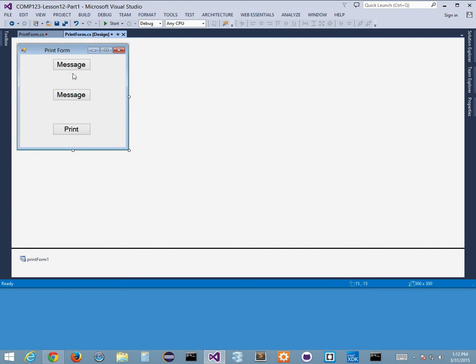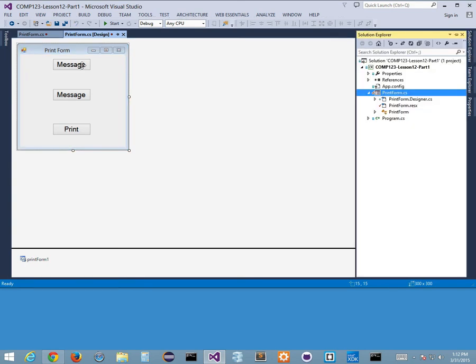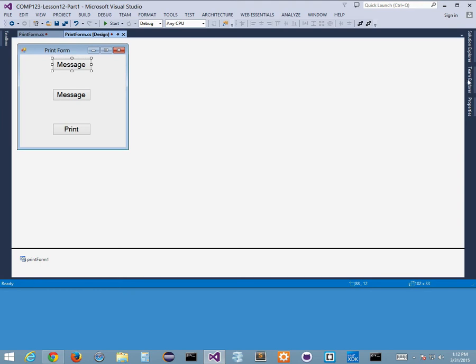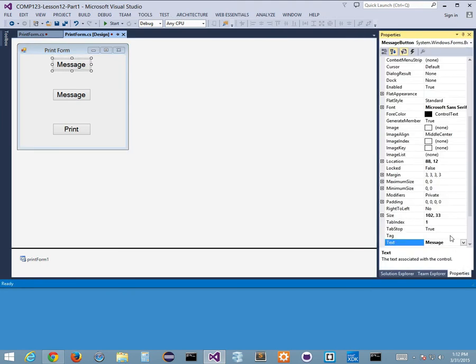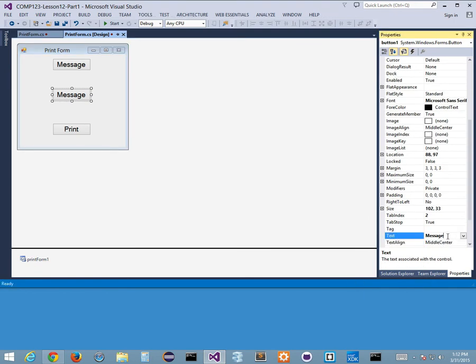I'm going to say no matter which message box you push, it's the same result, right? But now they're different message boxes. We'll call this message box 1, just so we know that they're different. So I'll go to properties, I'll pin this up for a second, and the text will be message 1, right? Here's message 1, and here's message 2. I'll make that change,